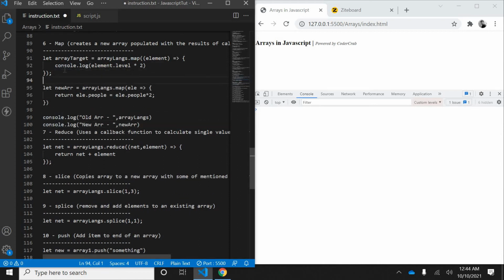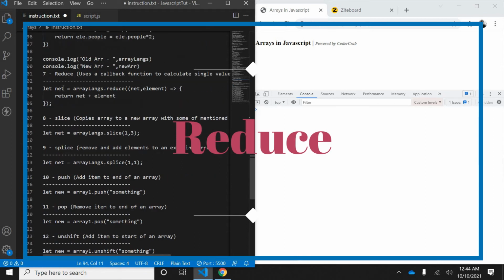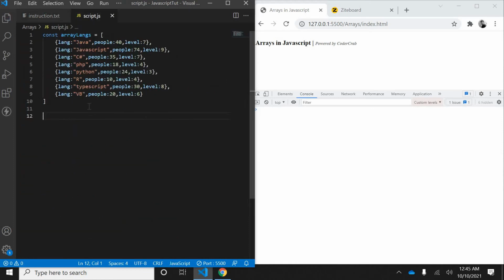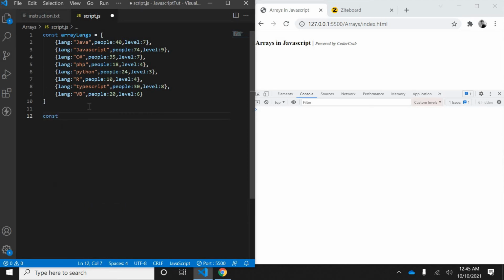Now the next one is reduce. So let's see reduce. Reduce does a similar thing, but the only difference is reduce returns a singular value. First, we need to understand how it works. So const ARR equals, let's say I have a numerical array of 12, 20, 70, 96, 54.